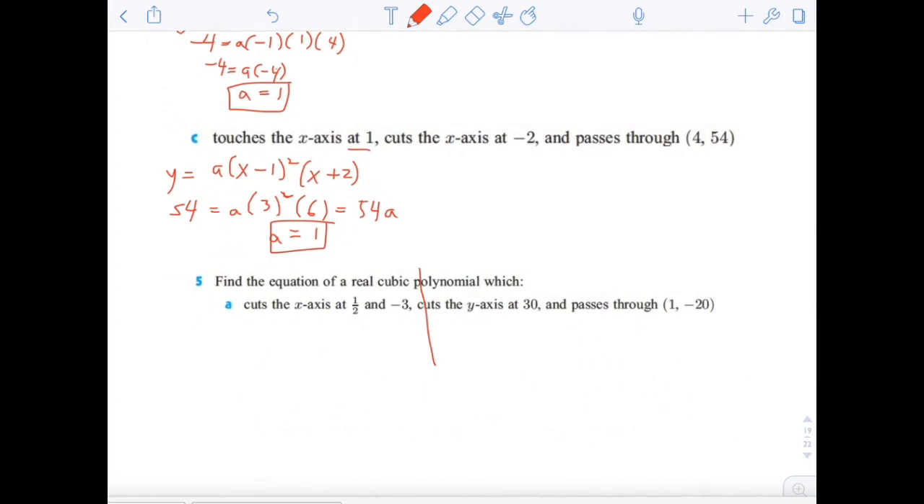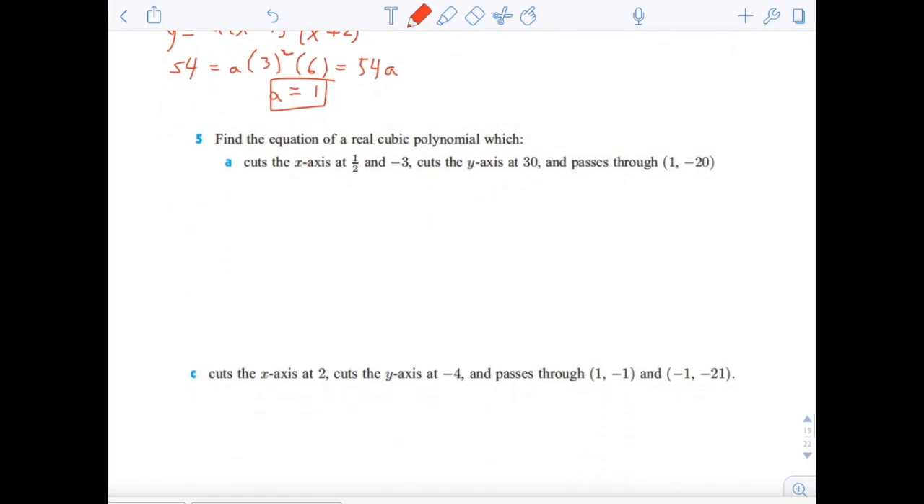5. Find the equation of a real cubic polynomial which cuts the x-axis at 1/2 and -3, cuts the y-axis at 30, and passes through (1, -20). So cuts the y-axis at 30 means there's a coordinate (0, 30). Cuts the x-axis at 1/2 and -3 means that it's got a times (x - 1/2) times (x + 3),